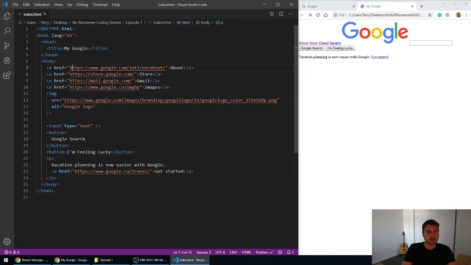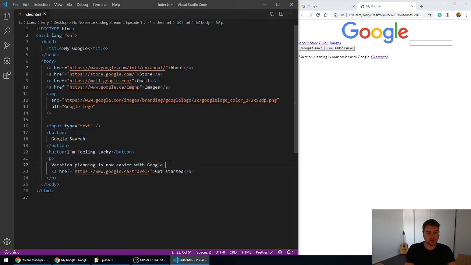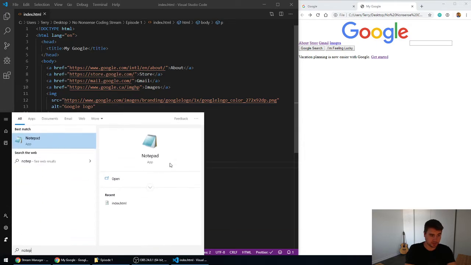And even links, like these strings that I've put in here as links, are orange. That's called syntax highlighting, and that means that the editor knows what code I'm writing. It knows how to read that syntax, and it knows how to visually display differences to me between different types of elements. So if I open this in Notepad just to show you what it would look like,